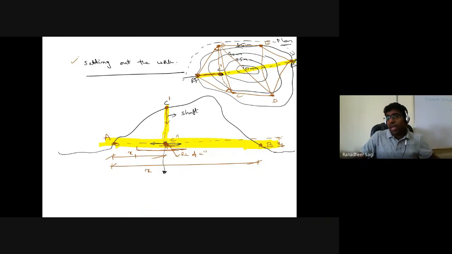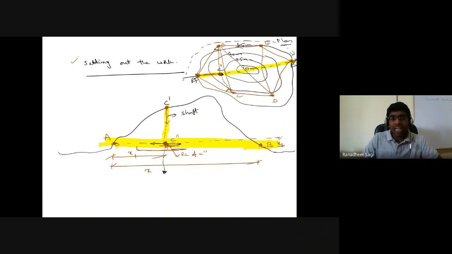Okay, so when you are trying to prepare your triangulation, how are we carrying out the work? First we carry out the way you are preparing the control network, or the way you are preparing the plan for a particular region in which you are trying to carry out your survey. What we are doing there is working from whole to part. What do we mean by working from whole to part?